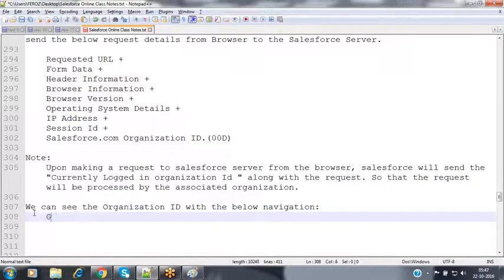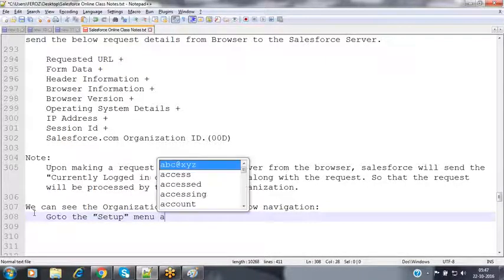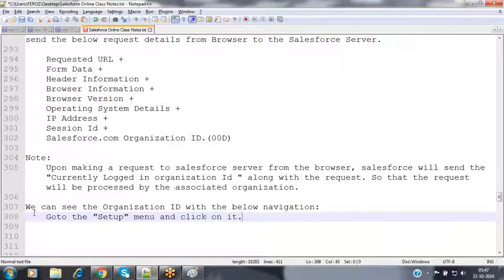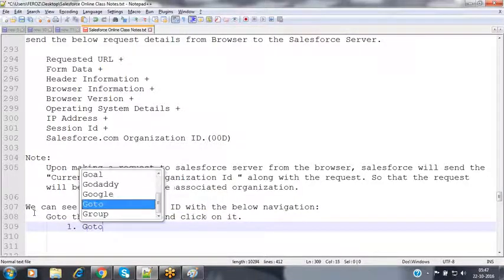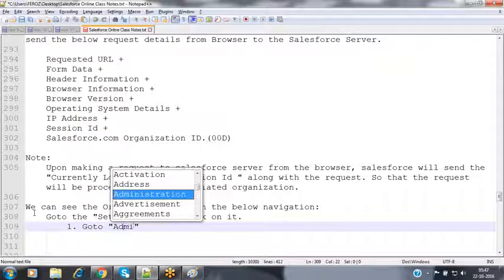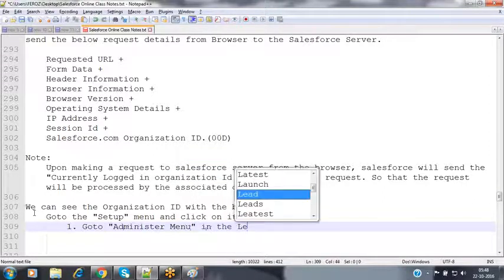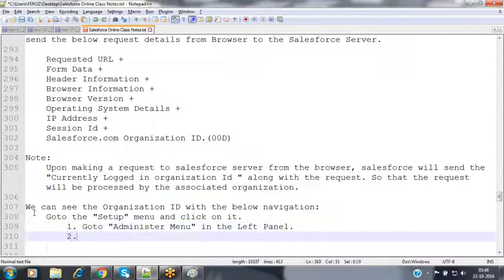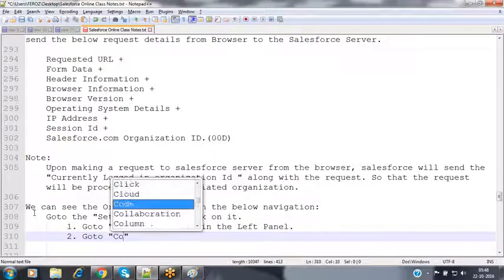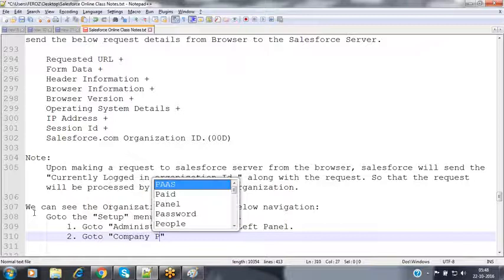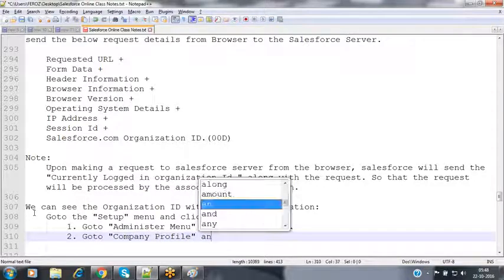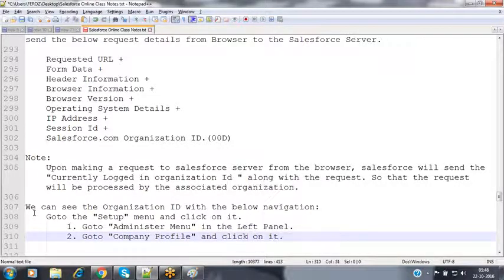Now, go to the setup menu and click on it. Go to the administer menu in the left panel. Go to the company profile and click on it.